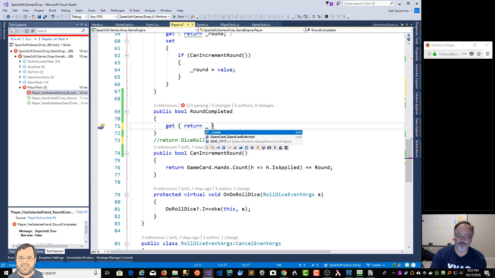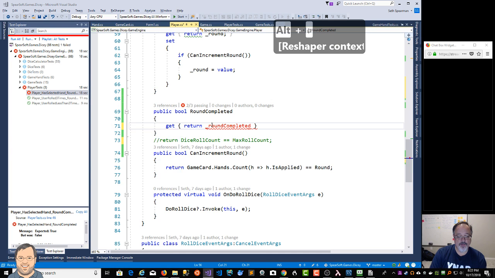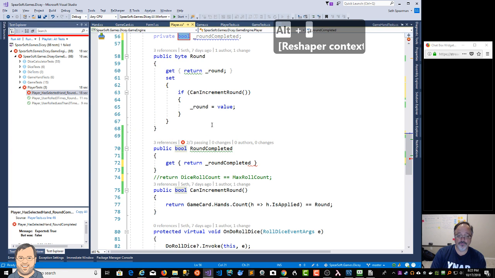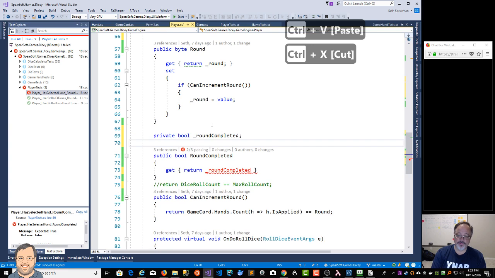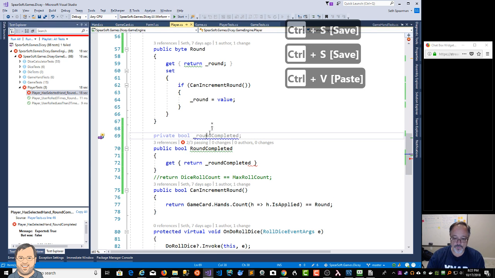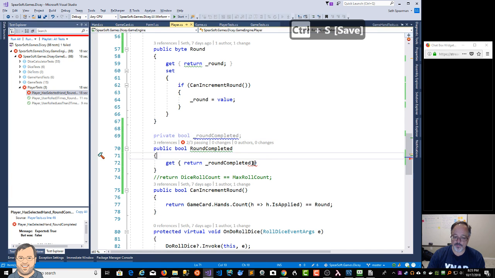Return... create field. Good. I like the field to be right above the property. That's just me. Not everybody likes that, but I like it. And oops, I need to put